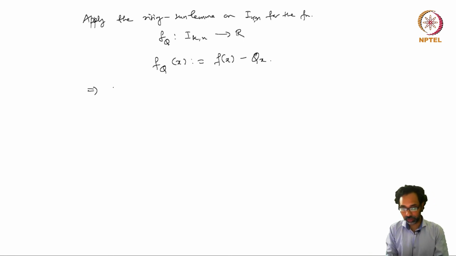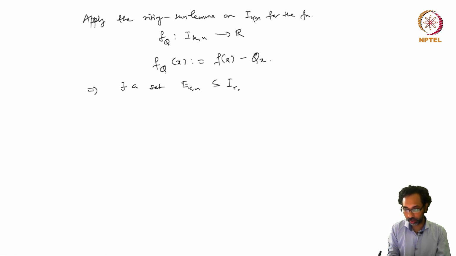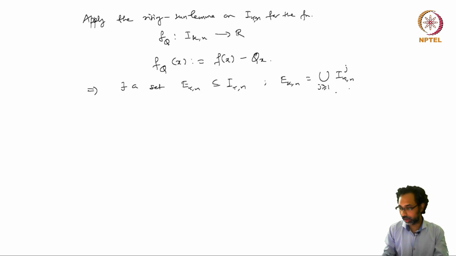And so again by the Rising Sun Lemma there exists a set E_kn inside I_kn. E_kn is a countable union of disjoint intervals I_knj. I_knj are disjoint open intervals,